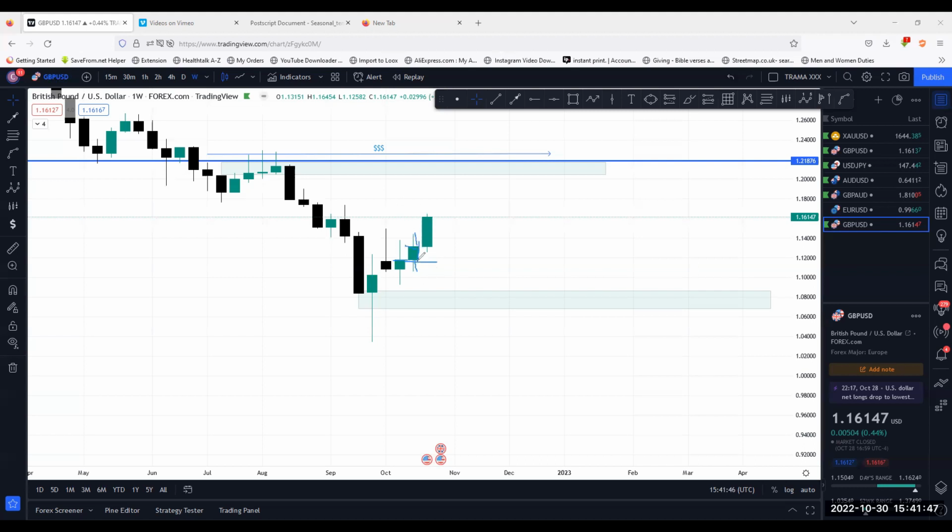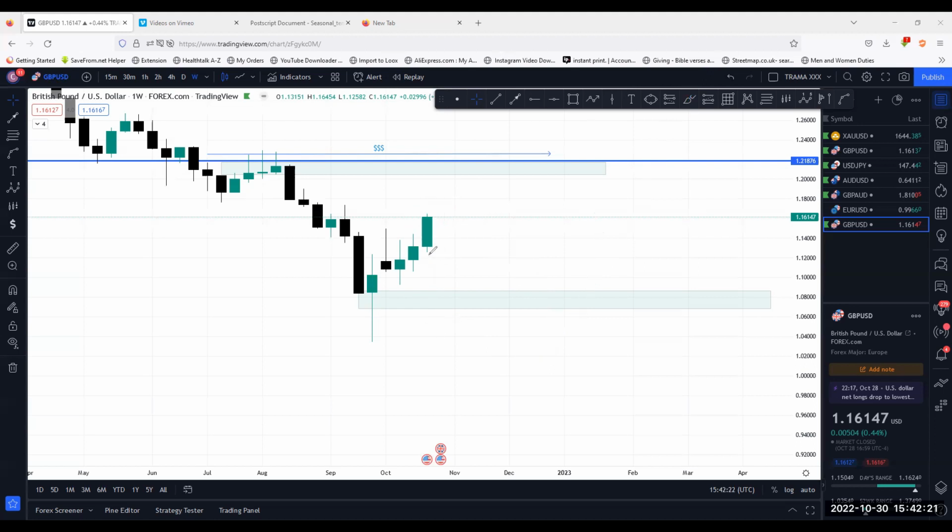I want you to pay attention to this candle. The next candle that opened, which was last week's candle, opened right here. Okay, right there. What did it do? Sold a little, a few pips down, and then started heading up. Now, if we take this very candle right now and go down to a lower time frame, guys, you will be shocked at what you will see on that candle. You will see that there was a little sell and then a massive push up. That's what you see on the lower time frame.